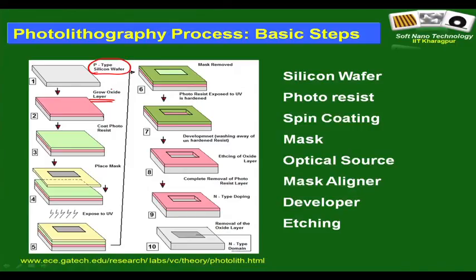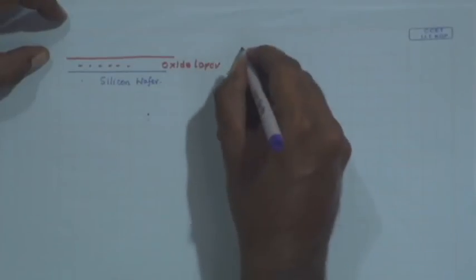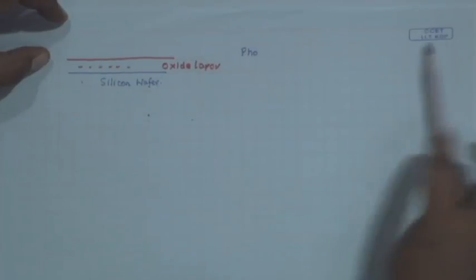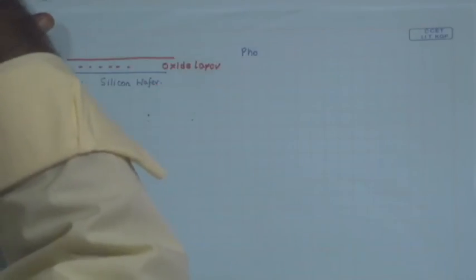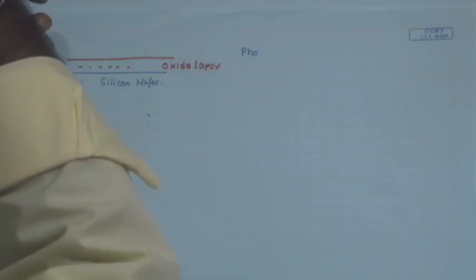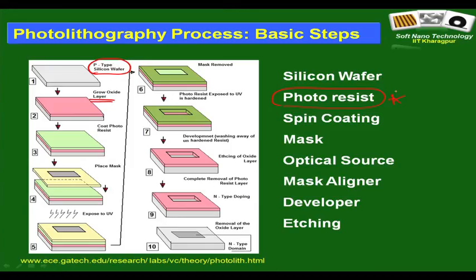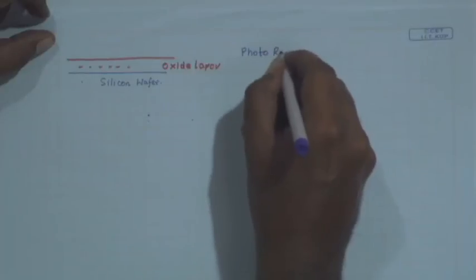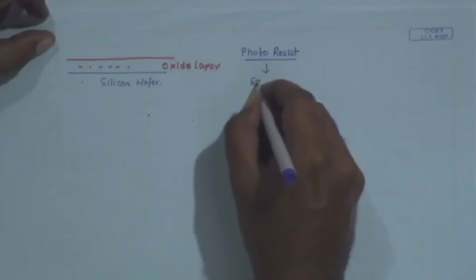But then comes the question, how to pattern this oxide layer? Is there a technique to pattern this oxide layer? And the answer is no, there is no direct step to pattern the oxide layer. Here you essentially take help of a special type of polymer which is called photoresist. I have identified that some of the terms you will probably be hearing for the first time, and one of them is indeed photoresist. Photoresist, as the name suggests, is a special type of polymeric composition material